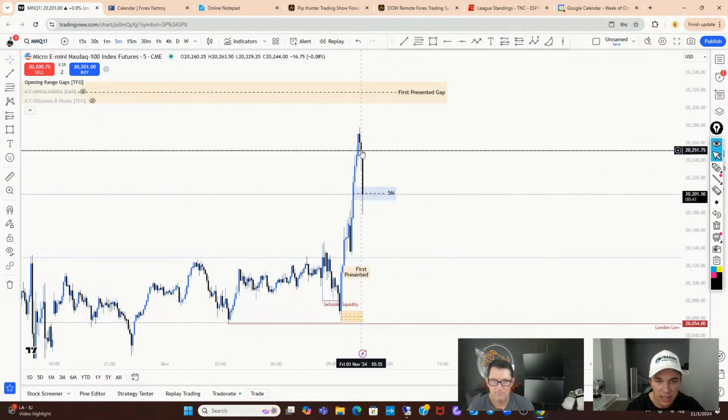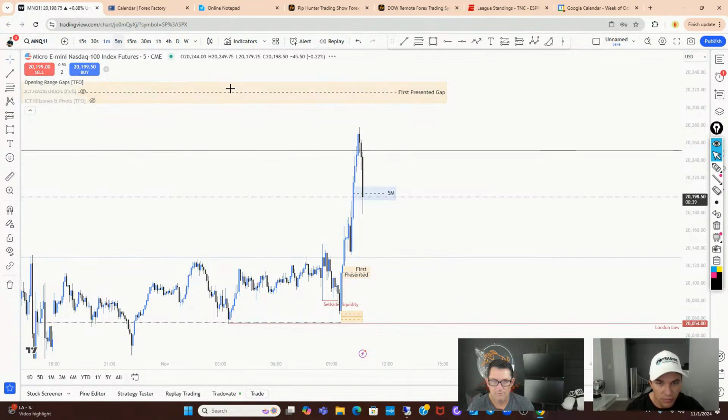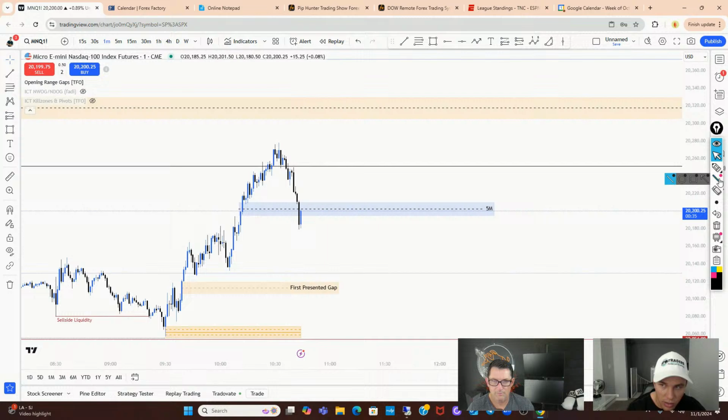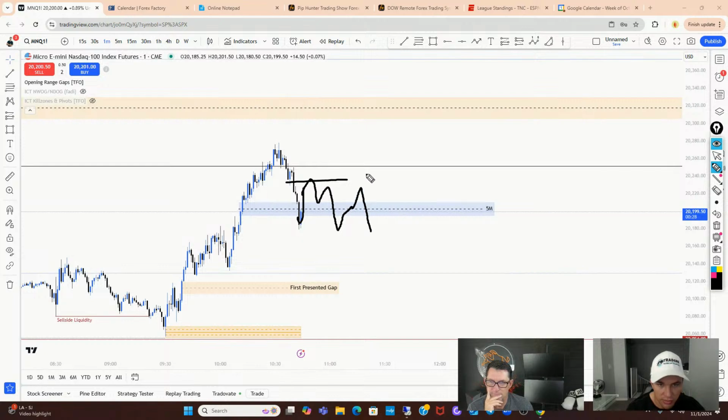So what I see is now price running to this 5 minute. I would go to my 1 minute, and I would look for some sort of internal. What we're going to see is price come back here. It's going to generate some buy side. It's going to do this. It's going to generate some buy side. What we want to see is that